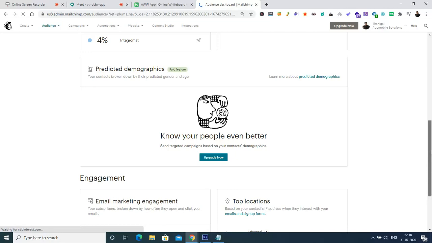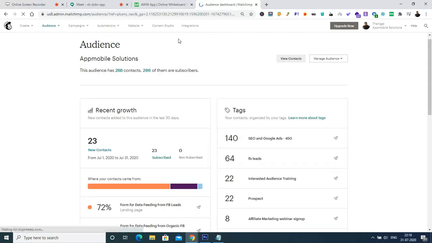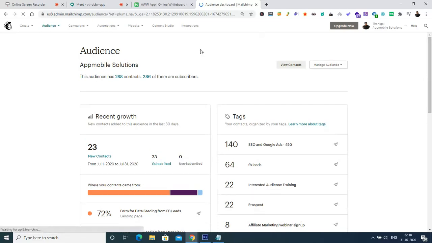My screen had been stuck for some reason. Okay, so now we are going to see the segment called integrations.